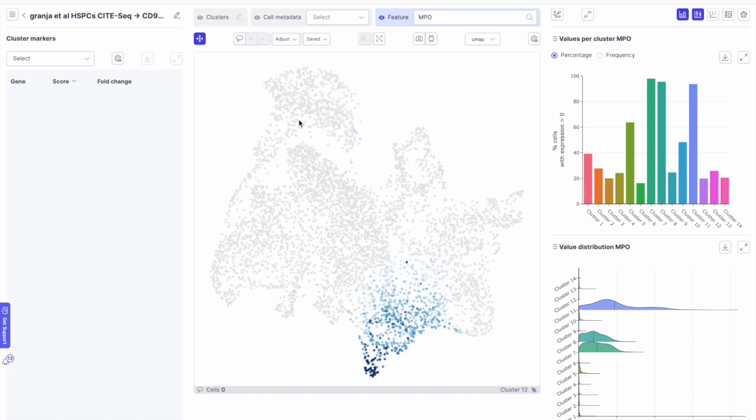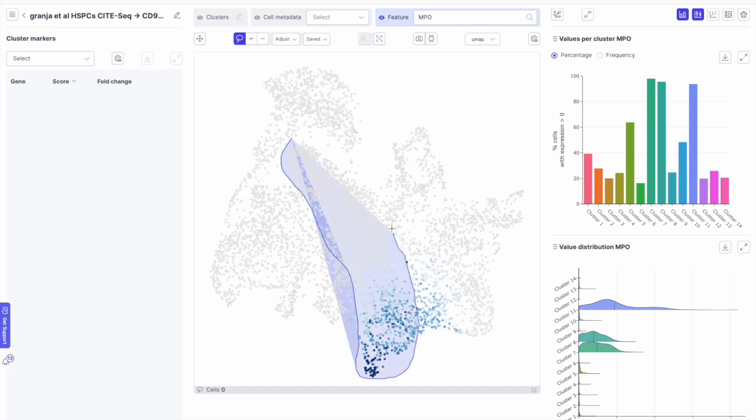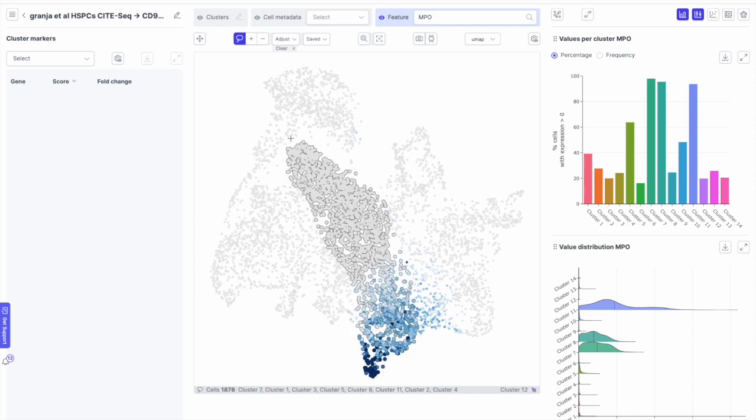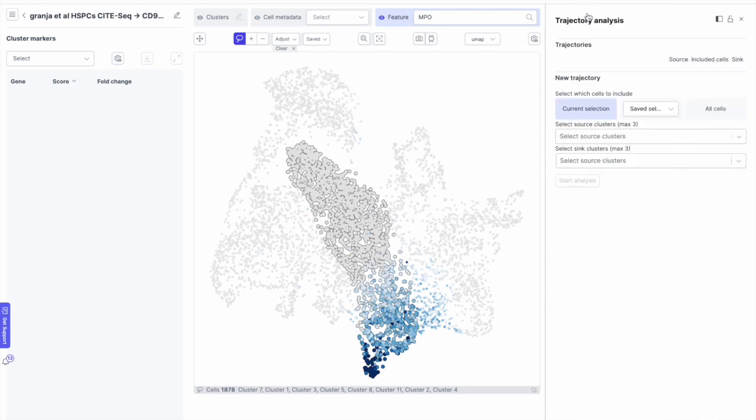You start your pseudotime analysis by selecting the trajectory you want to explore. So again, you use the lasso tool. I will select stem cells, and then the trajectory I have discovered in the UMAP towards myeloid cells. I'll select this trajectory here, and when it's selected, I can go to pseudotime analysis up here, or trajectory analysis it's called. We use the current